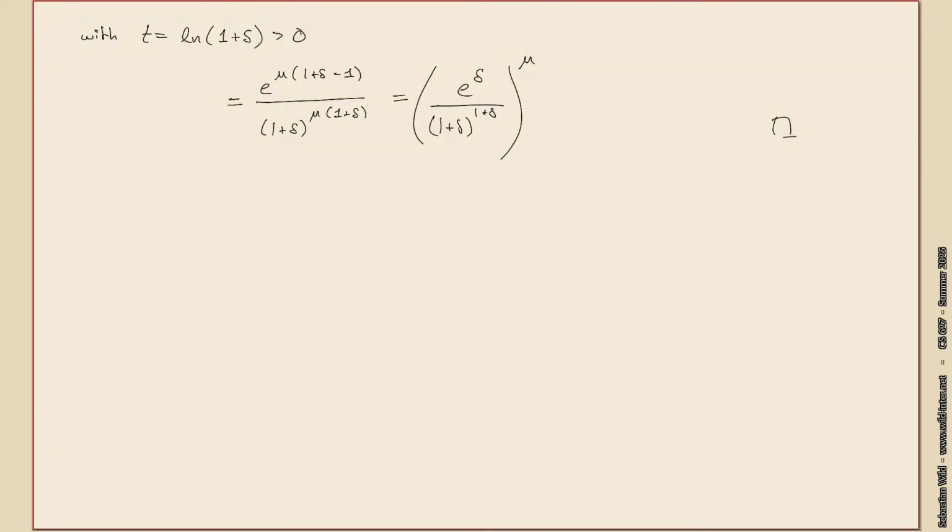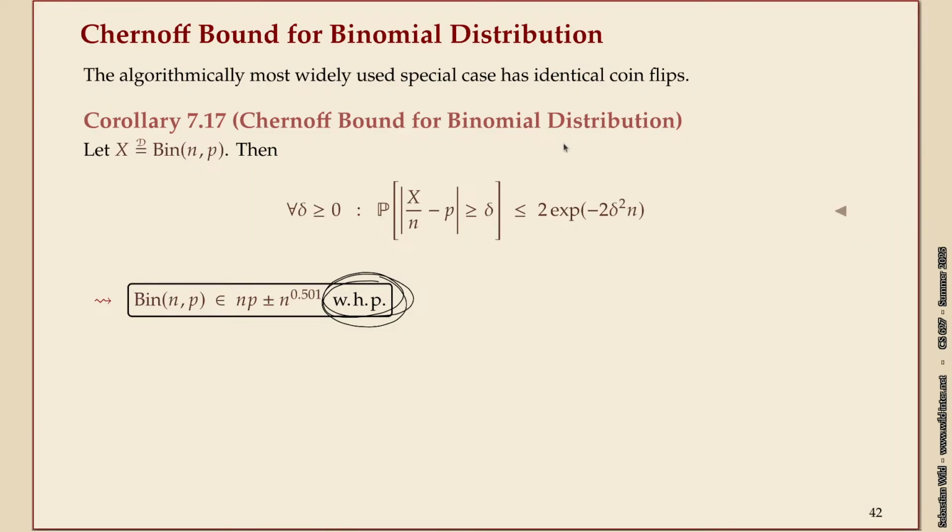And so the final thing that we ended up with for a more specific distribution, specifically for the binomial distribution, we can make this very strong statement from the Chernoff bound. The deviation, even just a tiny bit away from the expectation, is exponentially unlikely. Where a tiny bit has to be taken with a little bit of detail.